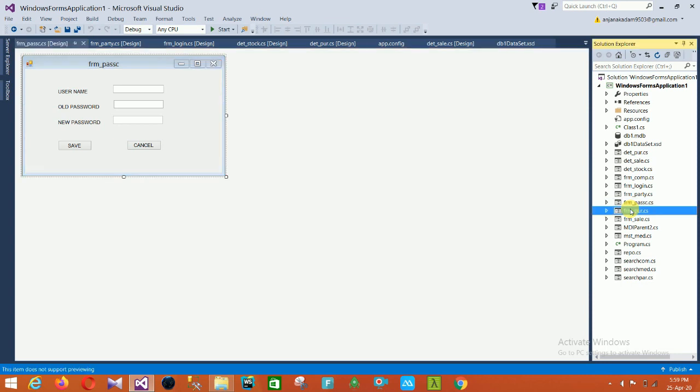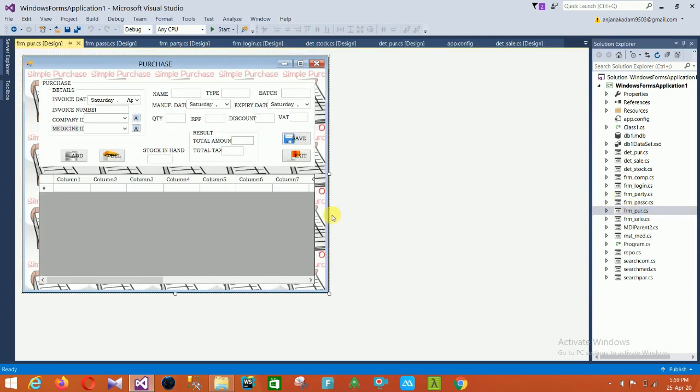Then the next form is the purchase details form. In the purchase details form, there are multiple fields: invoice date, invoice number, company, medicine name, type, batch, expiry date, manufacture date, quantity, RPP, discount, VAT, result, total amount, total tax, save, exit, stock in hand, add, cut, delete, and this is the data grid view.